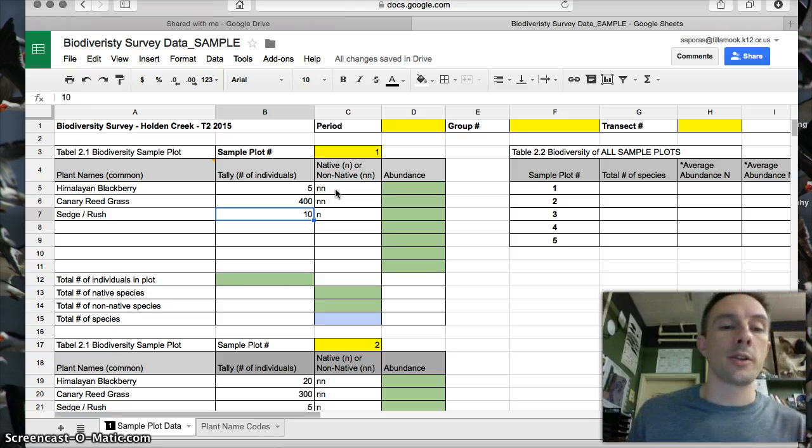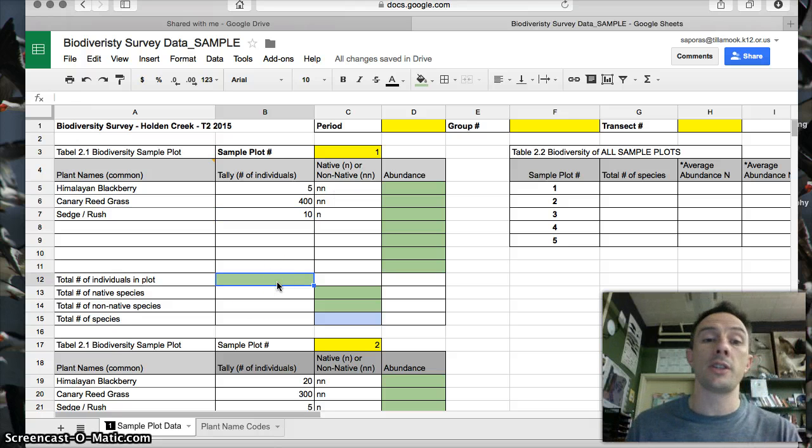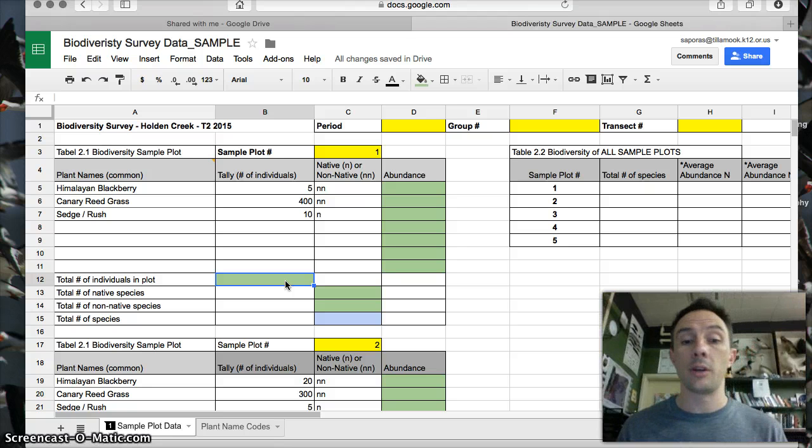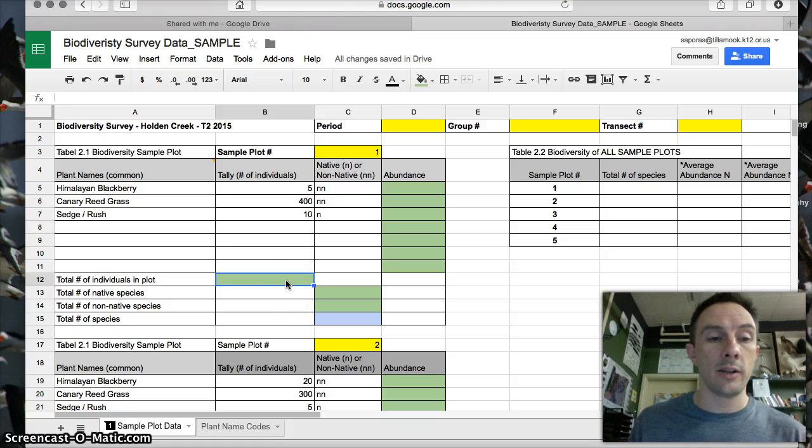So for this part, we're going to be calculating using functions. We're not going to be just adding these up in our head and typing in a number here. We're going to be using functions, and this is what we're going to be finally graded on when I go over these spreadsheets, whether or not you use these functions correctly. So follow along. You're going to click in the cell here,